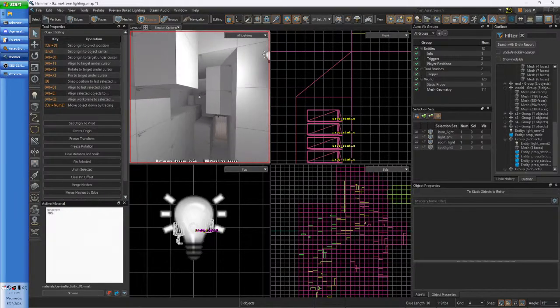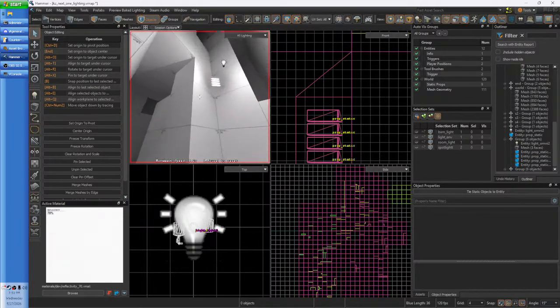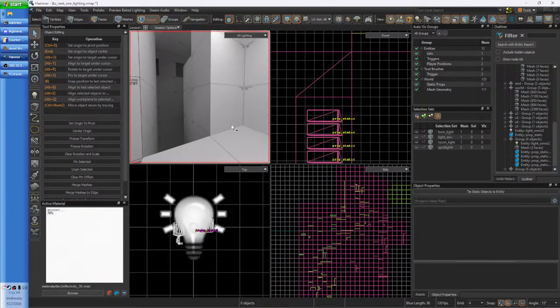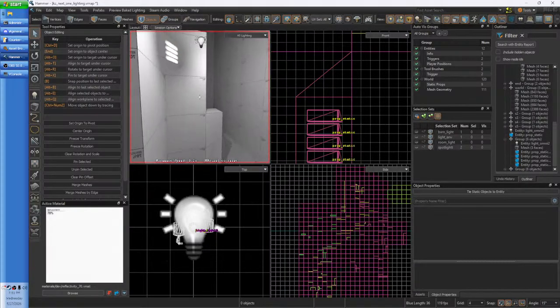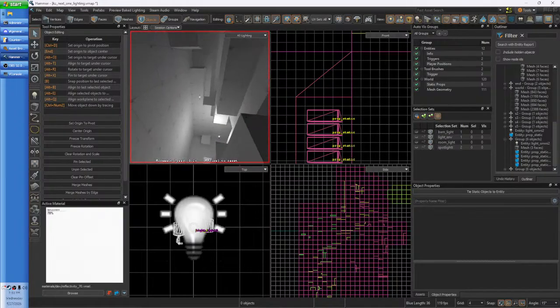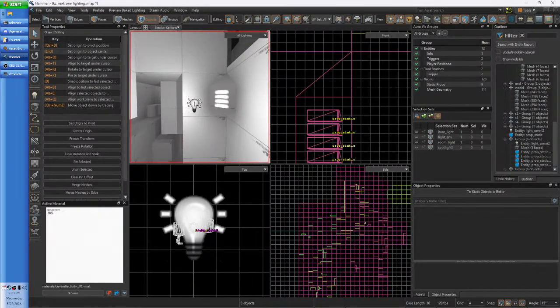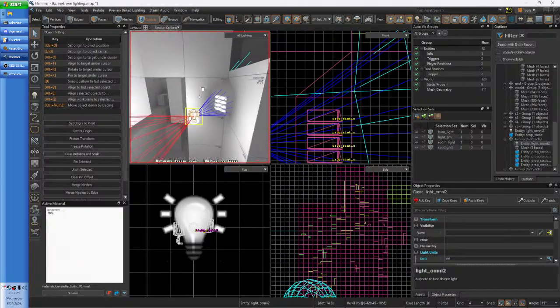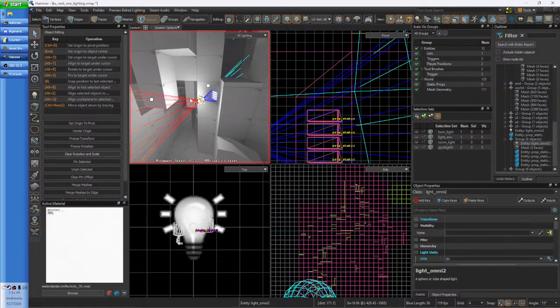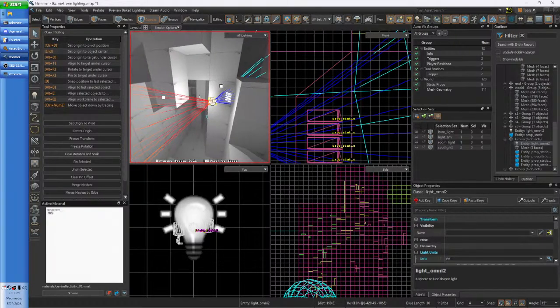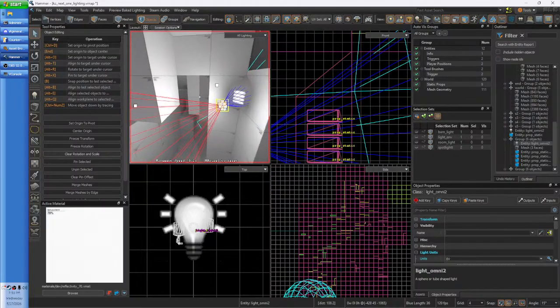I see. Yeah, that does end up bouncing light a crazy amount. Also makes me think I should, well, first,